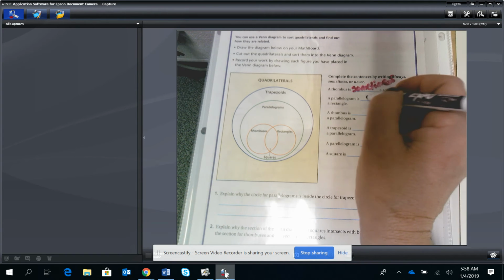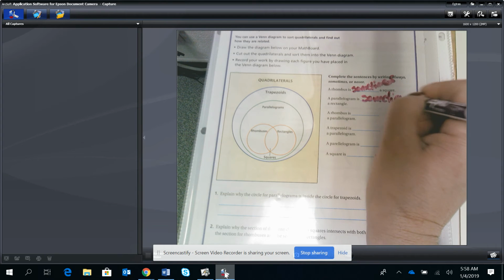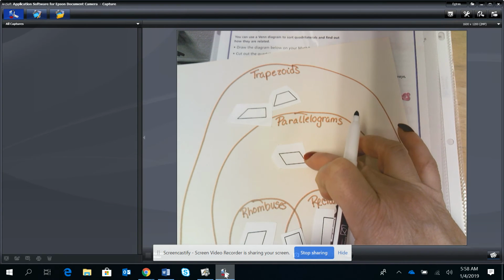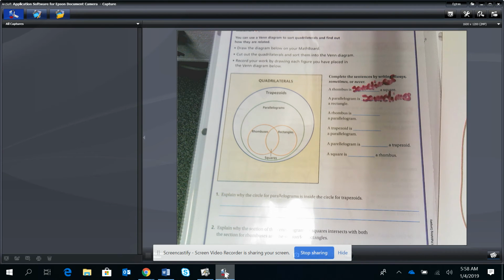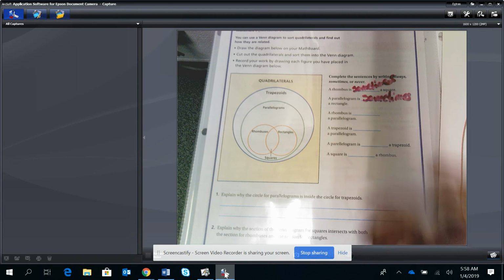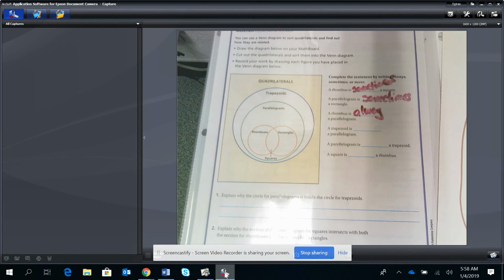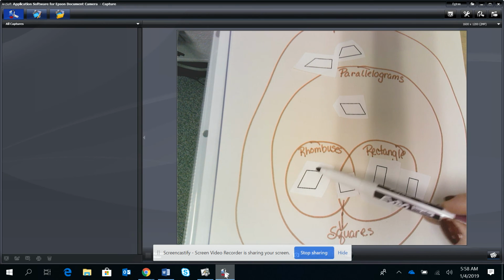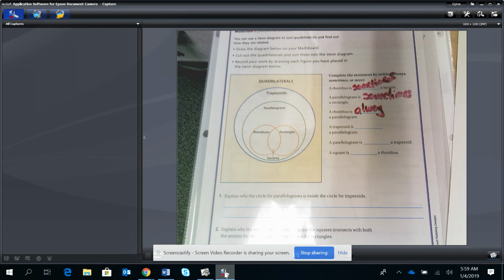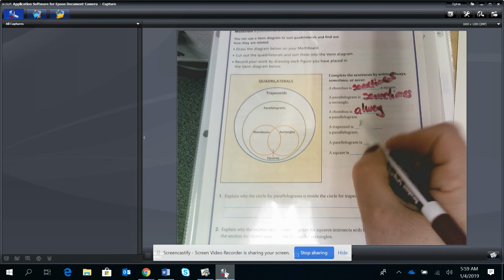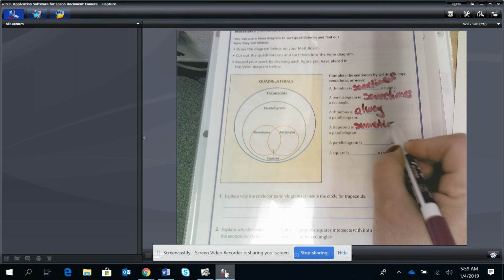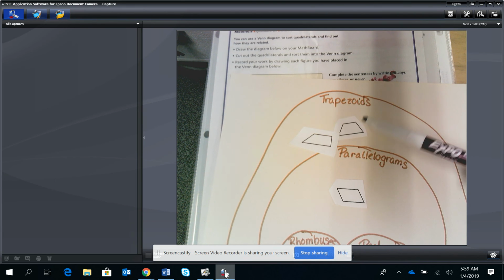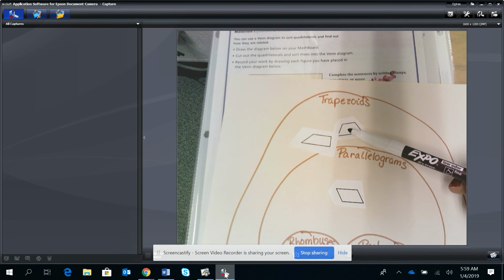A trapezoid is a parallelogram. Sometimes a trapezoid is a parallelogram, and that is the rule of this book, because the opposite sides can sometimes be parallel to each other. Here they are not, but they say a trapezoid is when its opposite sides are parallel. At least one pair is. A parallelogram is blank a trapezoid. They say it is always a trapezoid because it is in the trapezoid. All trapezoids are a parallelogram, a rhombus, a rectangle, and a square. A square is a rhombus. A square is always a rhombus because it is